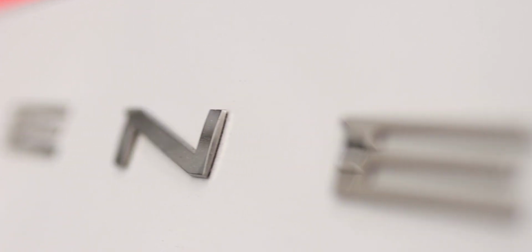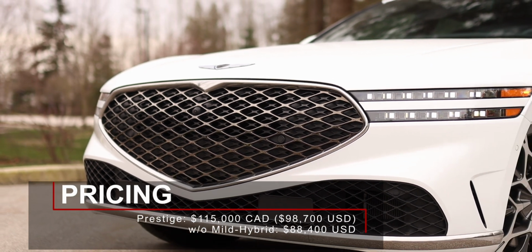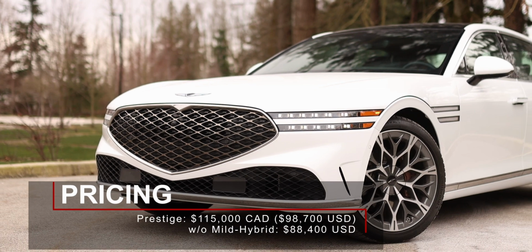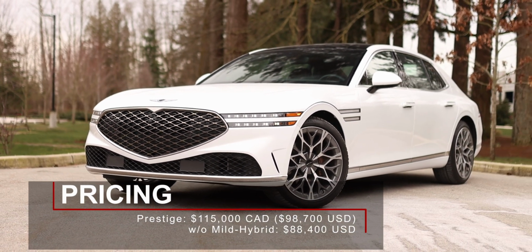In the past, you would have considered a Genesis because it was significantly less expensive than other comparable cars. However, with this new generation G90, it got quite a bit more expensive. Here in Canada, it is only available in one trim and it'll cost you $115,000 Canadian. But at least for that price, it is fully loaded and it is still less expensive than a similarly equipped